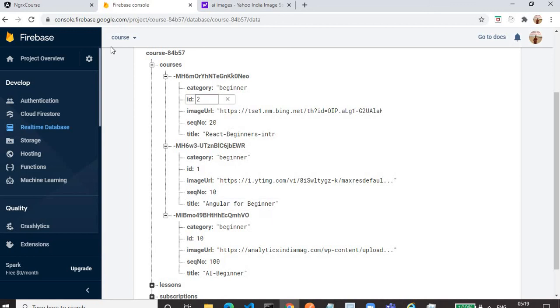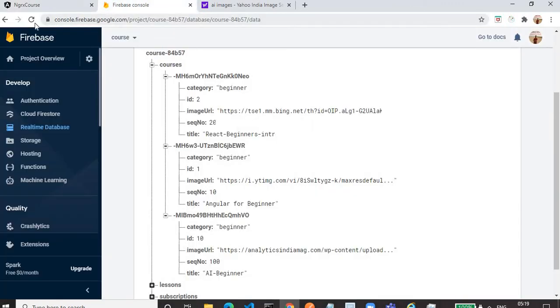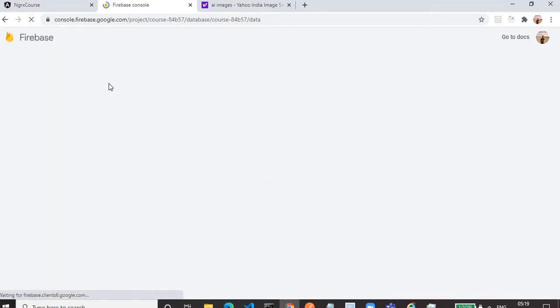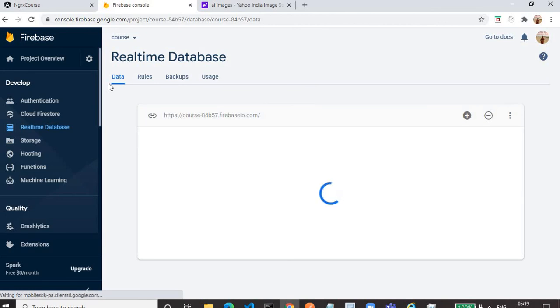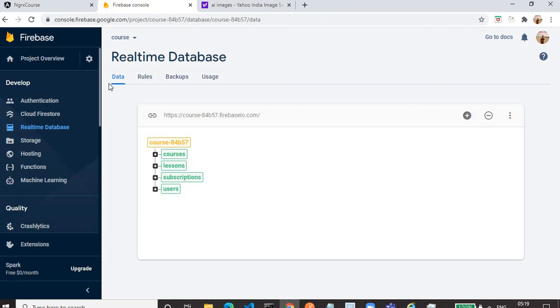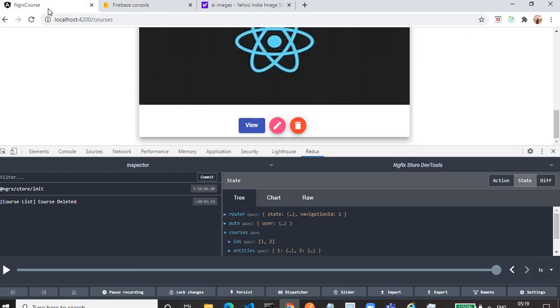why is it not removed? Might be some error has happened.